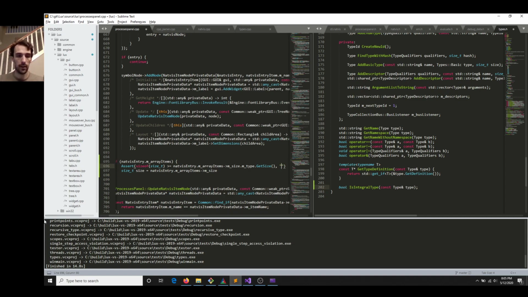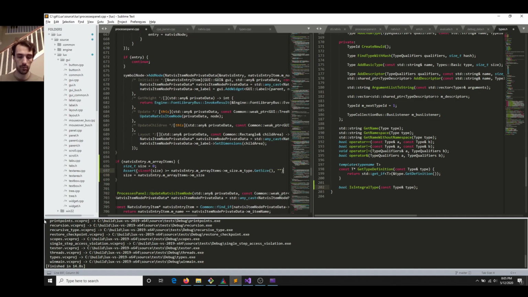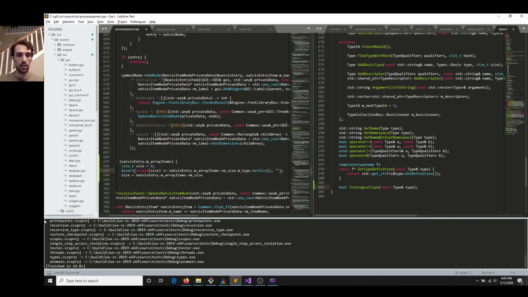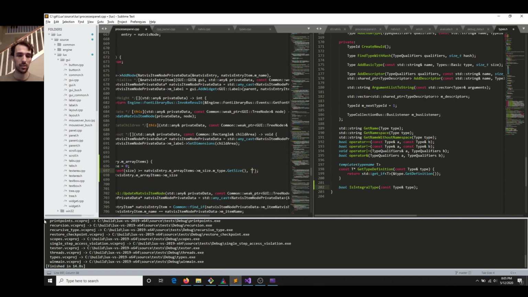So, let's do this. Size_t, size. We'll write an error message right here. This is a pretty large array, but I'm still going to write a boring message. I'm not going to write a message like, this is not possible. Okay, the message should be